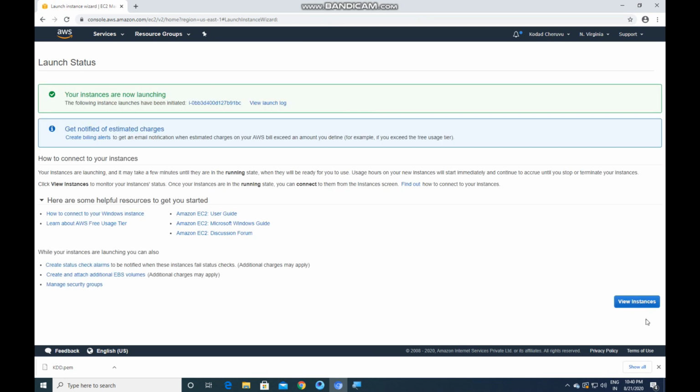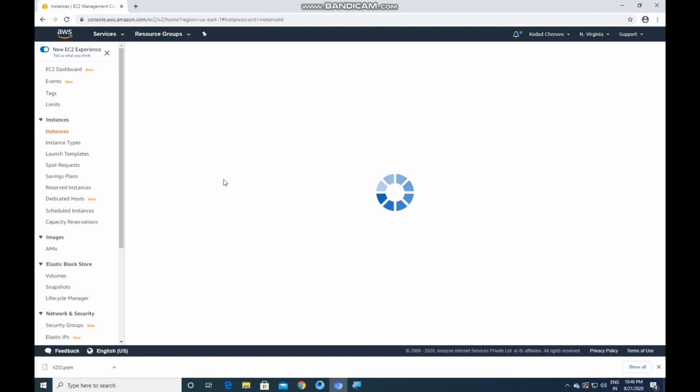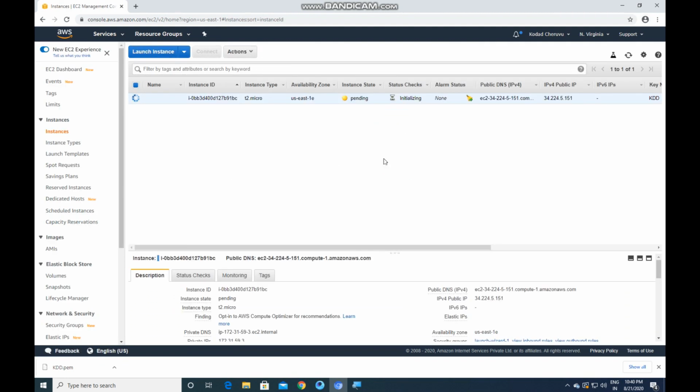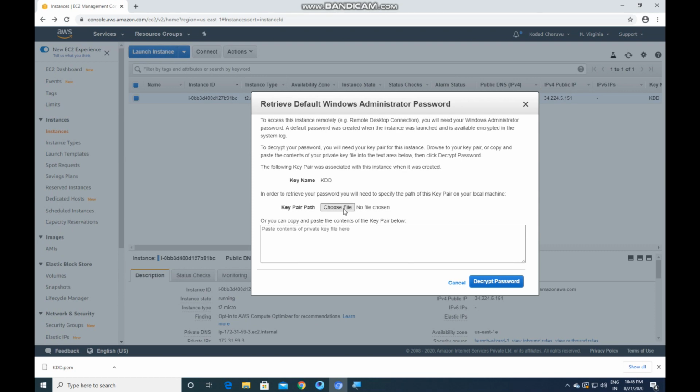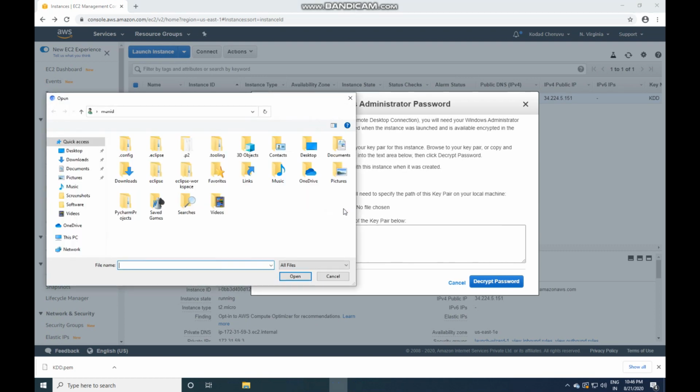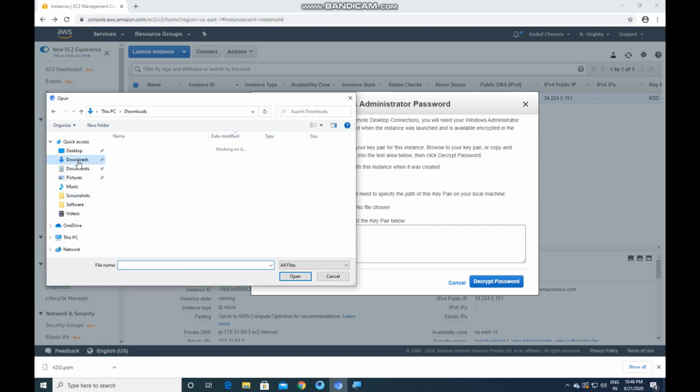After that, view instances. Guys, it takes some time, about 5 minutes. So please wait, and after 5 minutes, check the RDP. Now click on actions, get Windows password. Now upload the key file that you have downloaded.